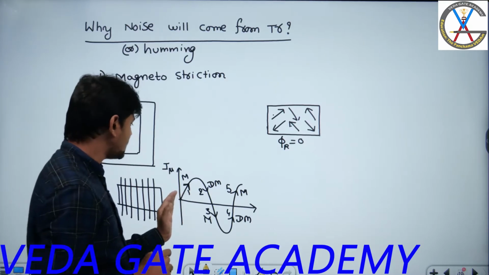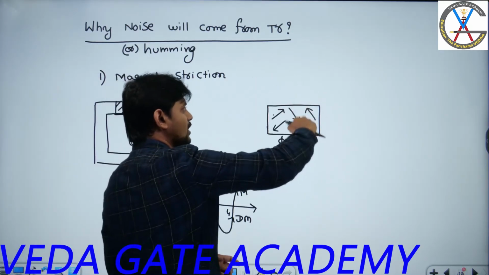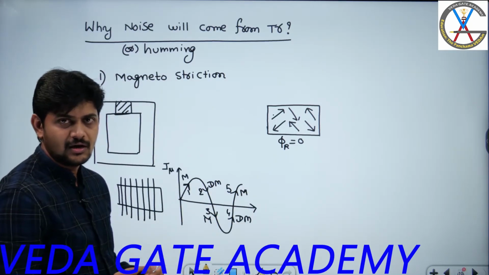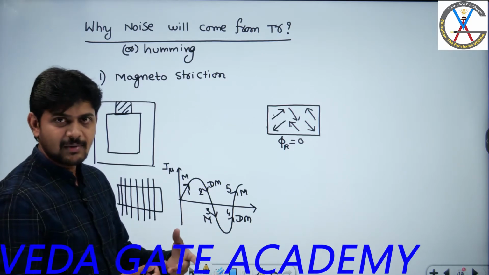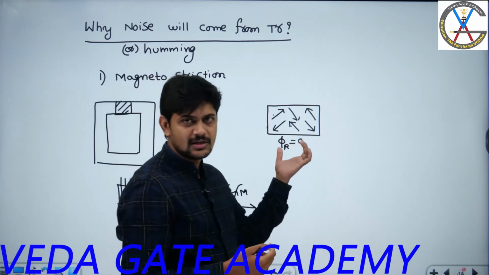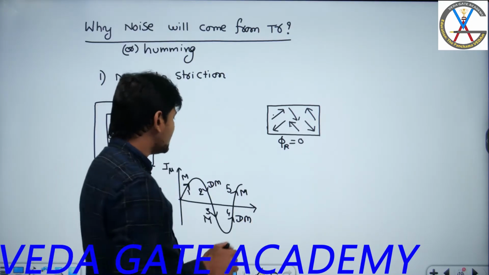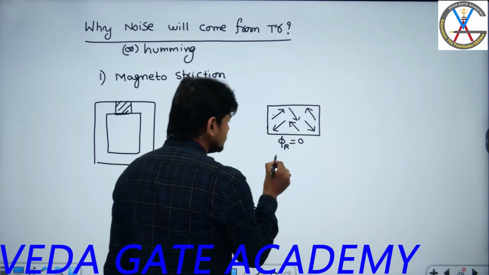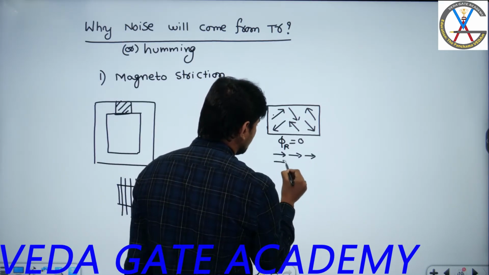Now the moment the magnetizing current starts flowing through this wire, around this we are going to wind a winding having some number of turns and we will pass some magnetizing current. So it will produce MMF, magnetomotive force. What is the purpose of magnetomotive force? It will try to align these dipoles uniformly in one direction, right? Now let us assume that this is the instant where all the dipoles are aligned uniformly.